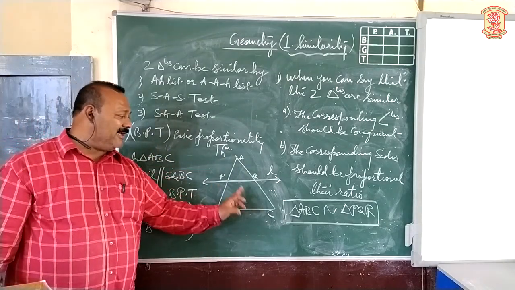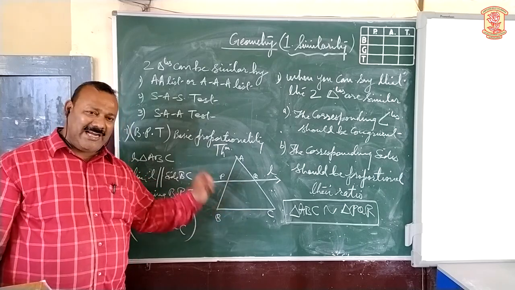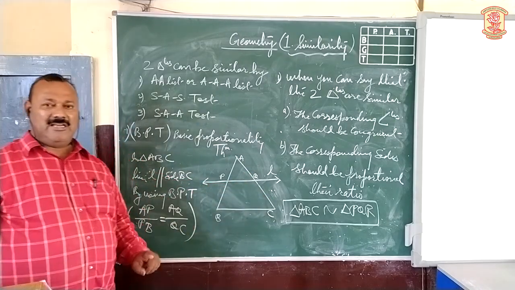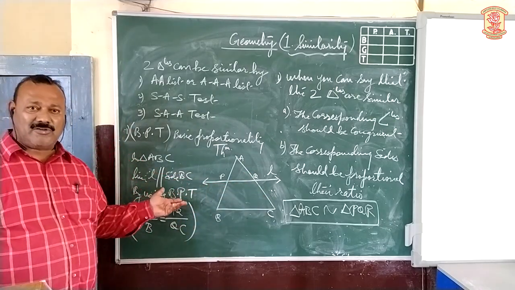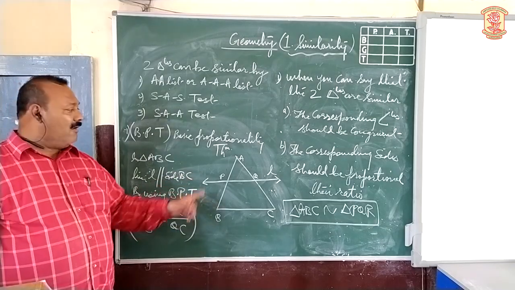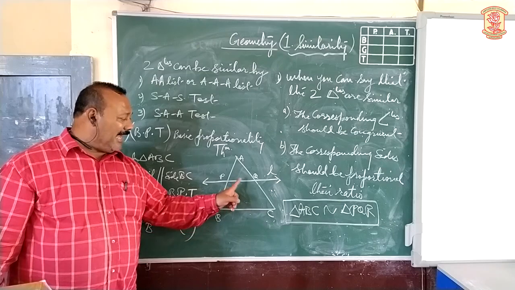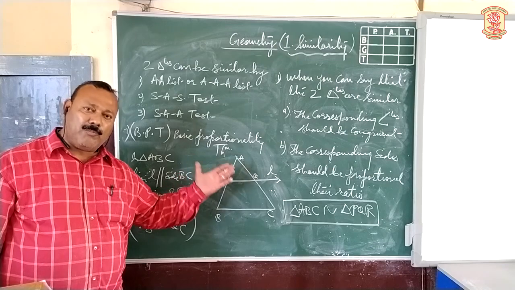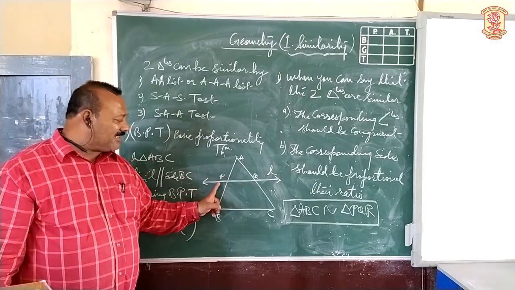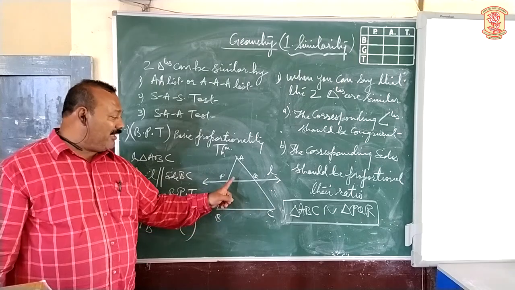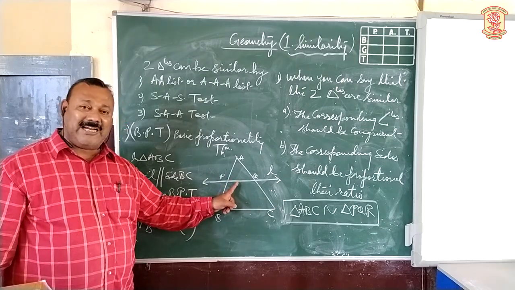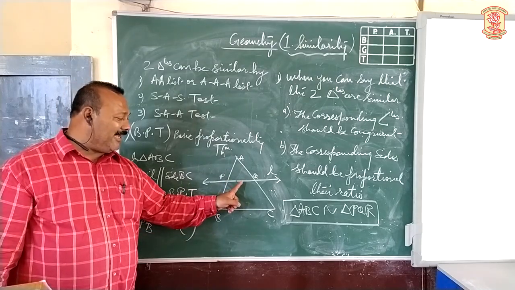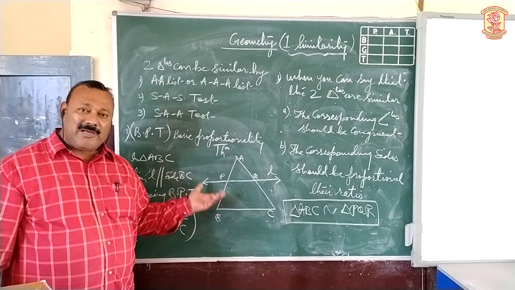Therefore, in triangle ABC, line L parallel to side BC, directly you can make use of the theorem: AP upon PB equals AQ upon QC. Similarly, what will be the converse of this? Converse means vice versa. For example, in triangle ABC, line L was parallel to BC. Now this was to be proved. And this line was intersecting the two sides in two distinct points, which will be given. And what is to be proved is that line L is parallel to side BC. Therefore, this will become a converse.